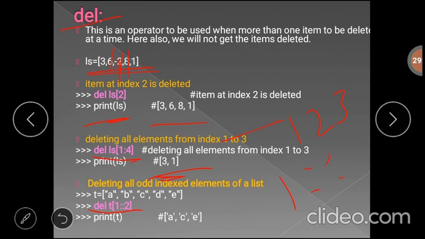The next parameter in the slice operator is the step. That means it will just consider all odd indexed elements. So here we will get the output like a, c, e. That means it deleted the element that is present in the first index, again the third index. Remaining elements are A, C and E.